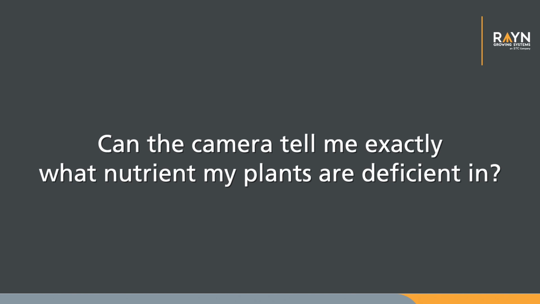The camera can't tell you which nutrient your plants are deficient in. But what you can do is analyze the multispectral images, and depending on your analysis pipeline, you will get an idea how well your plant does. And if you know your system very well and you know other parameters, for example what kind of fertigation system you have and what you are adding as nutrients, then you will get an idea of potentially what's missing, but it needs more than just the information you get from the multispectral image.